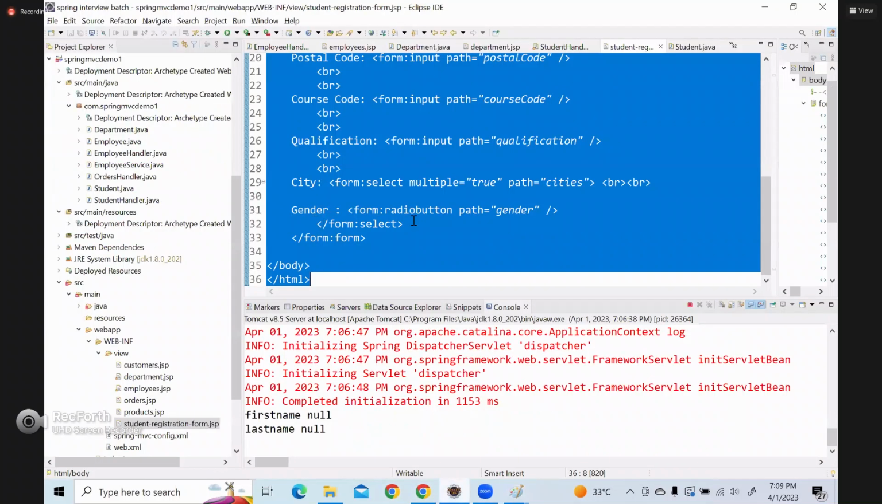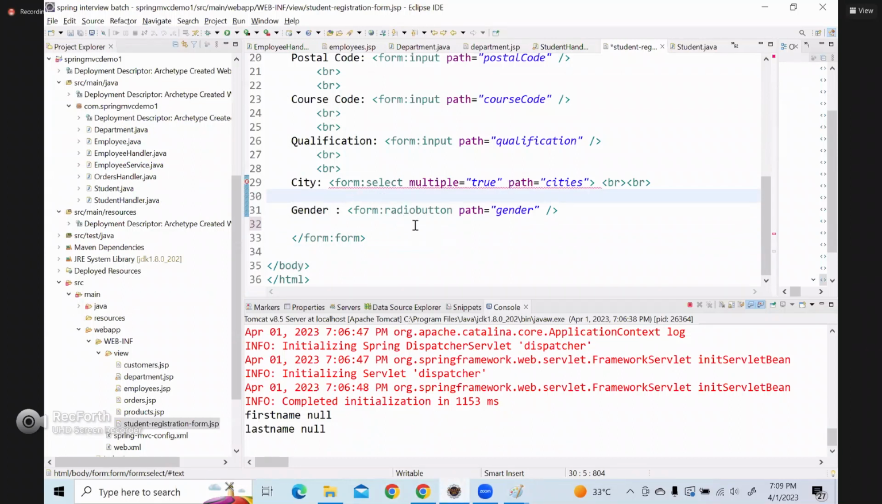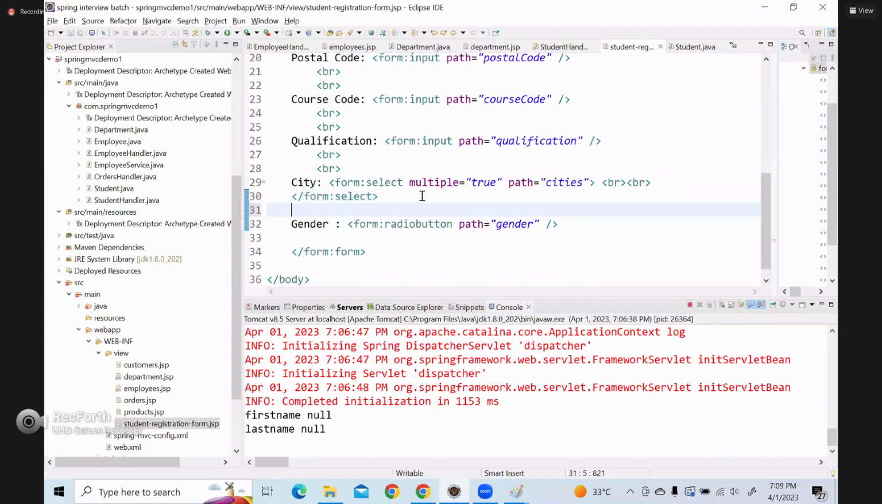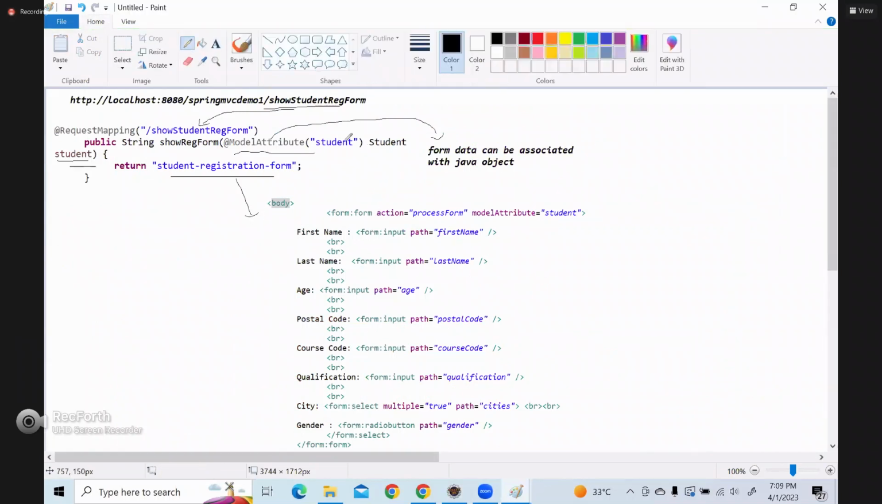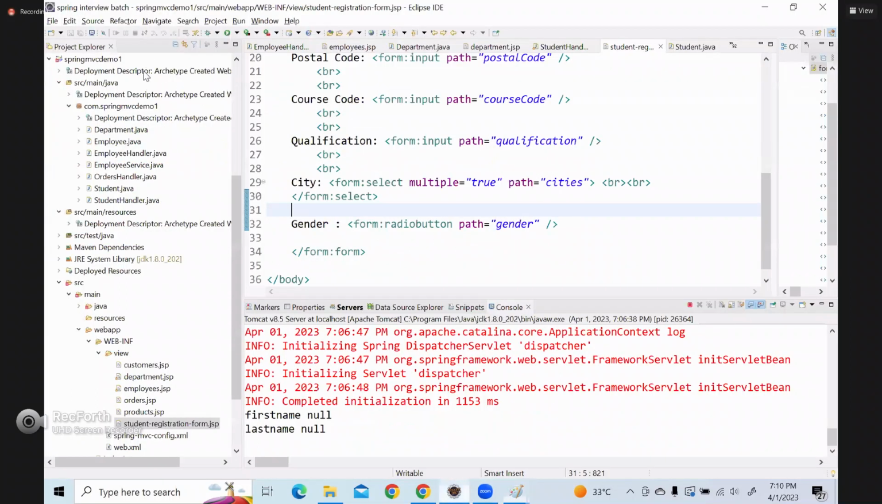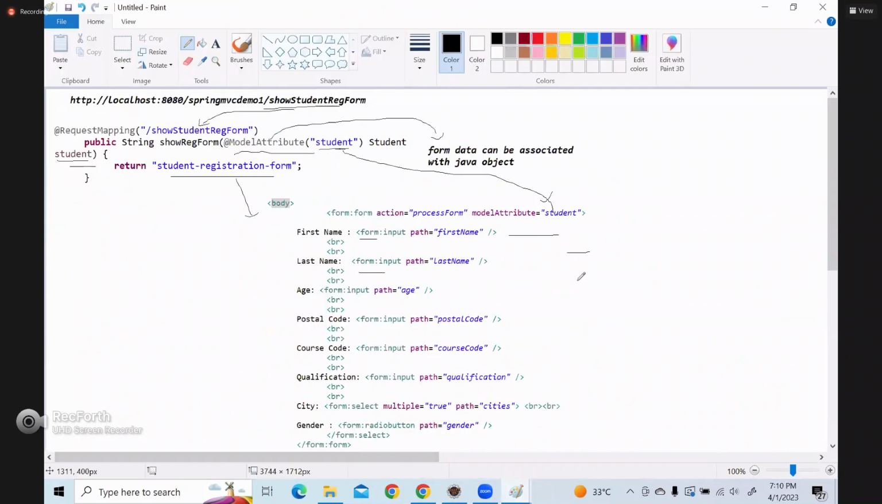I think select is wrong here. Select should be part of the form; in generate it is there, and I have put select here. So now what will happen, whatever this student object attribute is passed is mapped here. Automatically Spring does this; that's why the Spring form tags are used. Now, what are the values that you enter in the form field? Automatically,